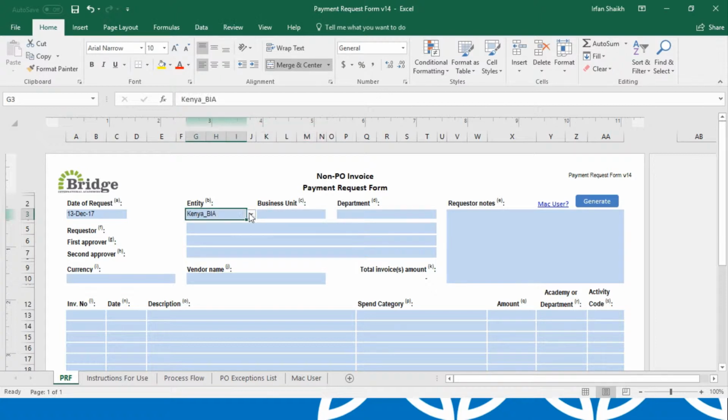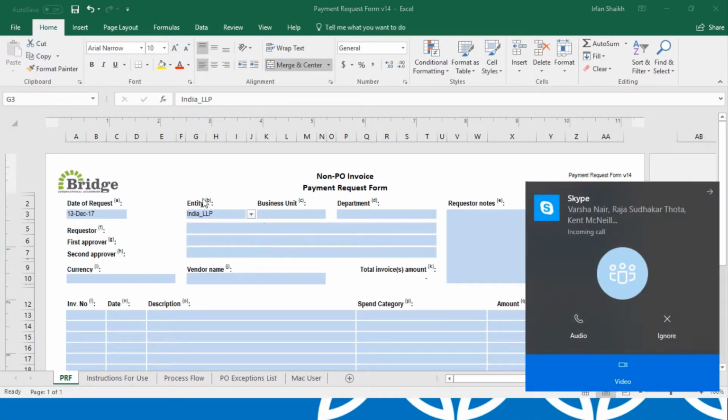Similarly, if you select Uganda here, you will see the business units that operate in Uganda. For example, there is Uganda schools, and then there is global services Uganda. Some of the expenses could be common between Uganda and Kenya. For India, we've got regional services Andhra Pradesh, we've got the partnership schools, and then of course we have the global services based in Hyderabad. Under the trust in India,